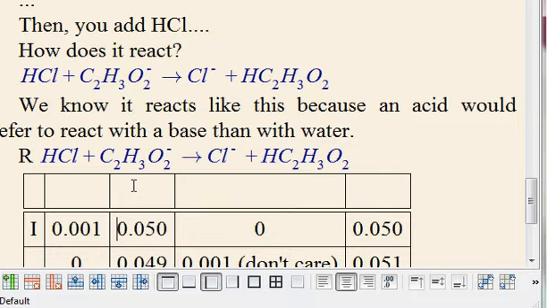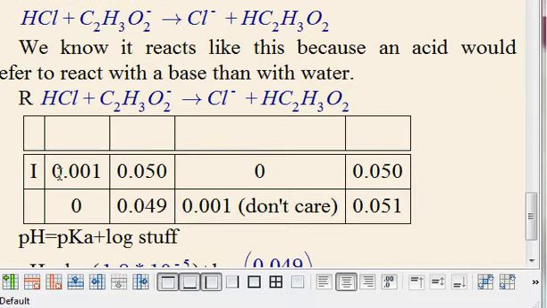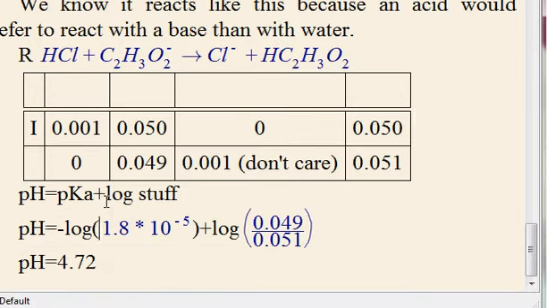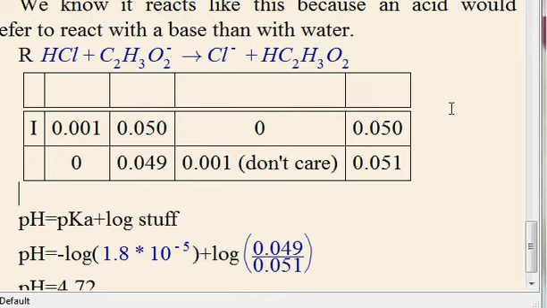The initial concentrations are given. You might wonder where this 0.001 came from. I explained it, but I apparently erased the explanation. Basically, you can think of all of these as concentrations or as moles, because it's 1 liter. If you look at the problem description, it says that this is 1 liter of buffer, so it's convenient because molarities and amounts of moles are going to be the same number,